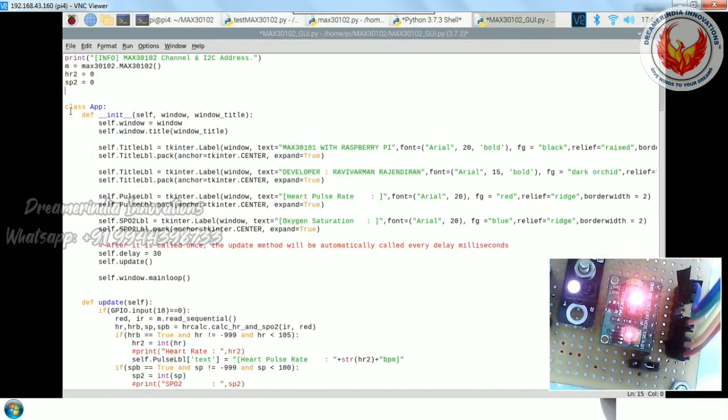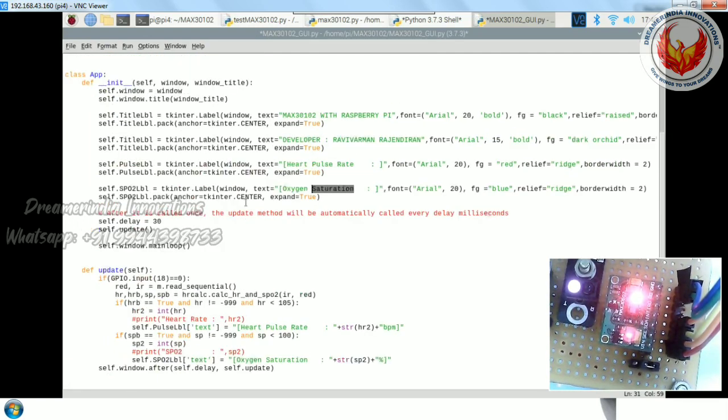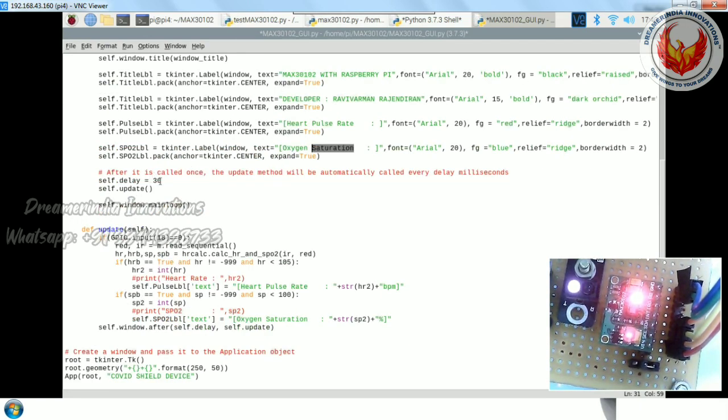And then I have created the class. In the class I am defining a function for a window in which it will show some labels: the title, MAX30102 with Raspberry Pi, some name, and the values to be displayed in the labels. So heart pulse rate and oxygen saturation. This function is going to call an update function every 30 milliseconds, giving some delay.